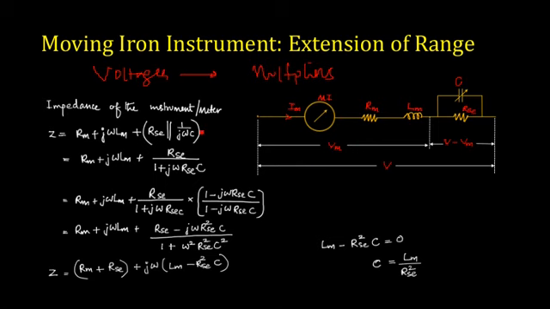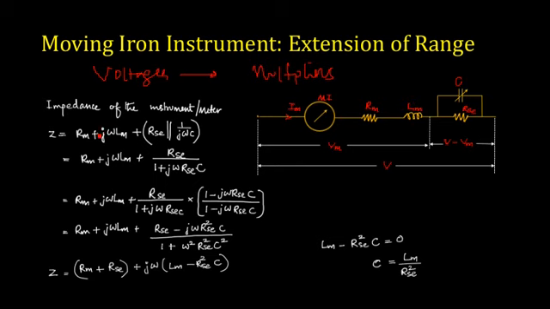Now again the issue is that once you are trying to measure multiple frequencies, if you are using the same instrument for measuring different frequencies, the frequencies will be varying, and the impedance of this particular coil will be varying, because impedance will be depending on the frequency. So in order to make this particular instrument independent of frequency, and to measure multiple frequencies, what you do is that you will be providing a capacitance in shunt to this particular resistance, so that you can reduce the effect of, or neglect, the frequency dependence of this meter inductance.